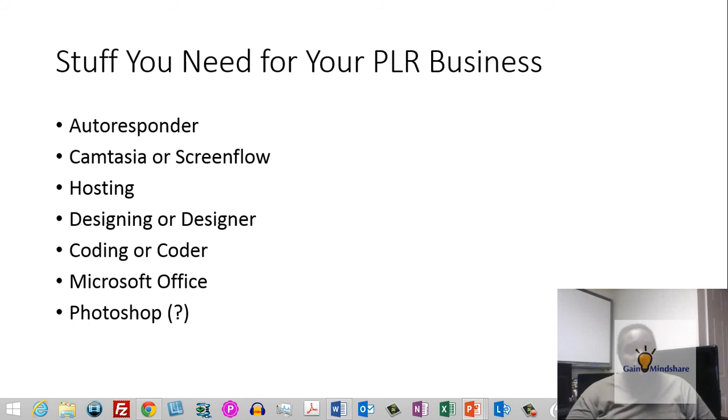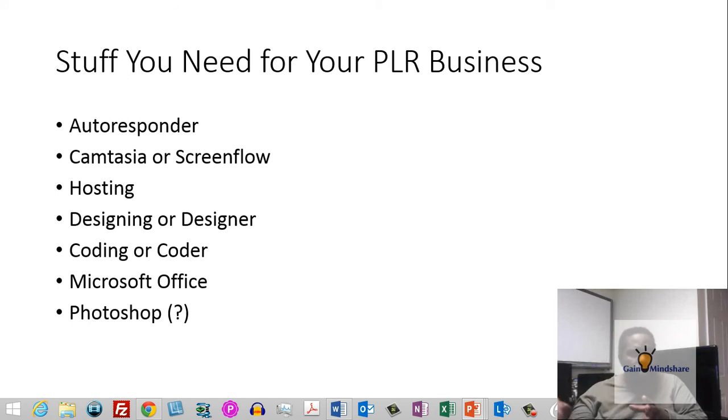And if you don't know how to use it, figure out how to use it. And if you need to hire somebody who knows how to do Photoshop, hire somebody to do Photoshop. You've got kids in your home, let them do Photoshop. It really doesn't matter how you do it. But Photoshop is kind of one of those things. Again, it's a standard. It's one of these things that you need to have.